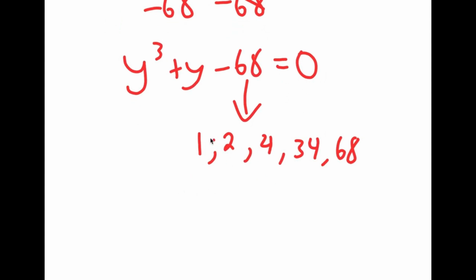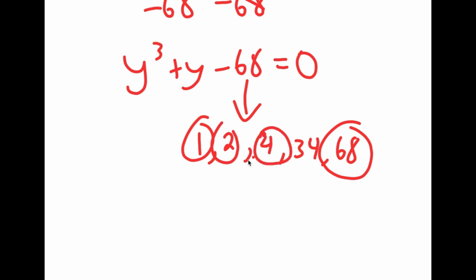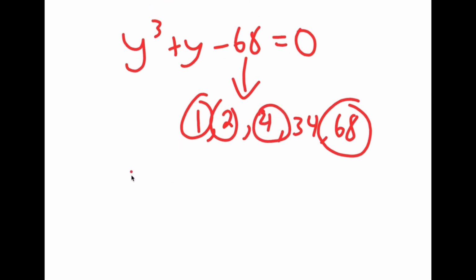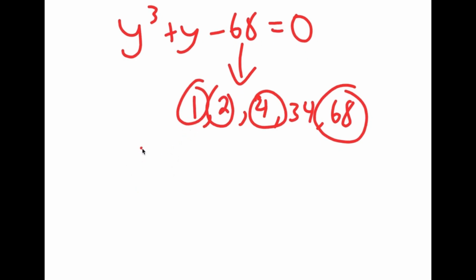Now, 1 wouldn't work because 1 times 68, we can't subtract those two to get y. And 2 wouldn't work either. The only one that would work is 4, because if you divide y minus 4 with y to the power of 3 plus y minus 68, that would be factorable. So now that we know that 4 is a proper factor,